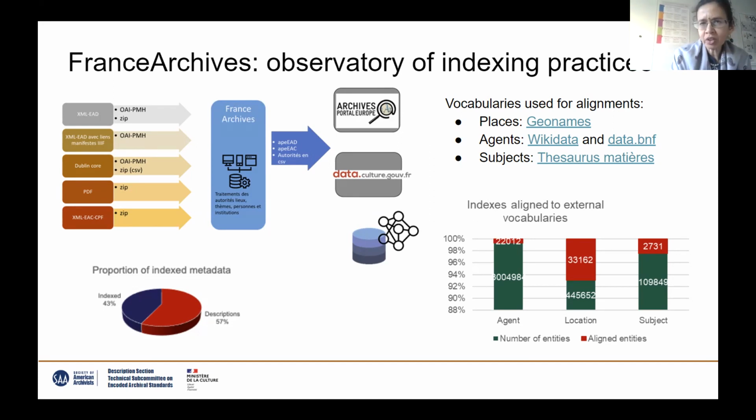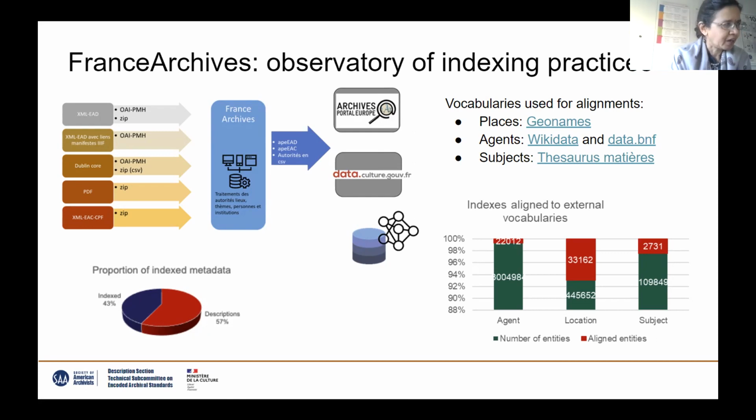But contrary to American practices, you have about 54% of collections indexed at fonds or collection level, and 45% at the lower levels. Indexes are mainly persons and corporate bodies, which we call agents, and place names, which correspond to the main needs of